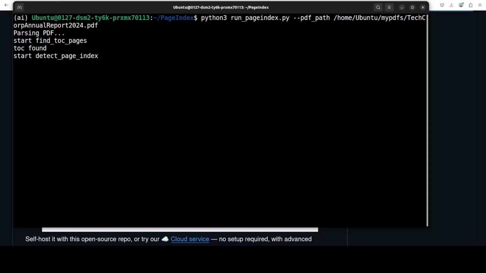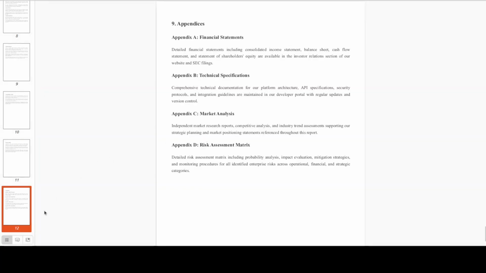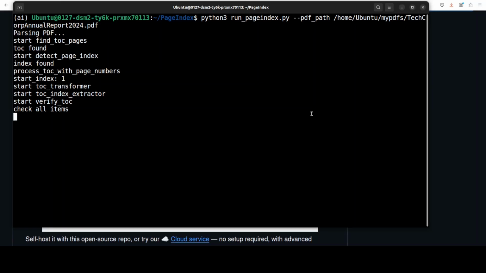So it is parsing the PDF, it is checking out the table of contents and then page numbering. I will also tell you at the end of this video how much it has cost me. There are 12 pages. I'm a bit anxious because I'm almost bankrupt due to this API cost. And that is where I think